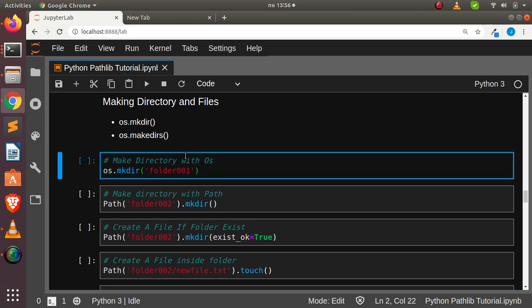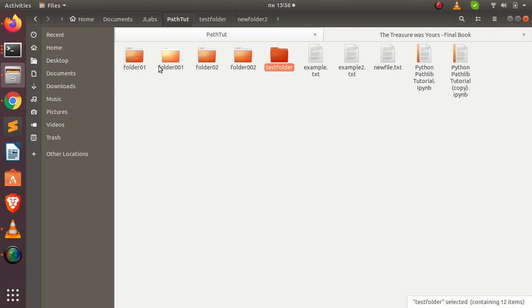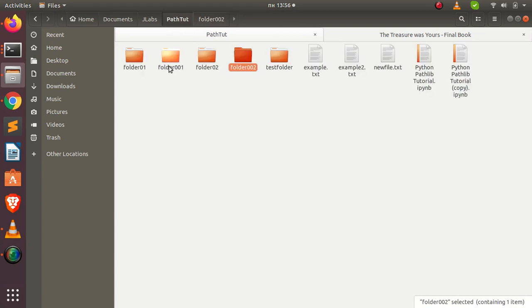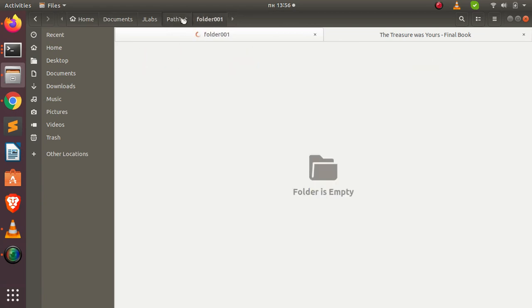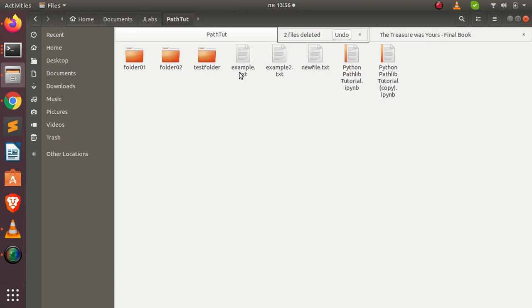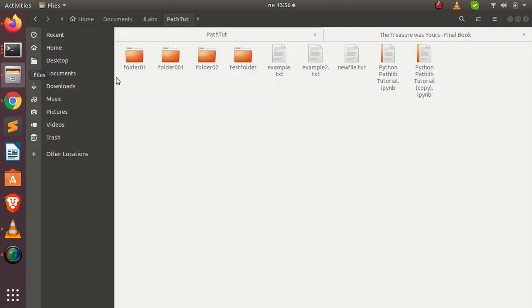Okay, so now let's see how to make a directory with os. In case I want to make a directory called 001, let's make sure that these directories are not available. I'll just come back to my path tutorial, take off this and take off this. I hope there's nothing here. Okay. So I'll take off this and this, and I'm going to create these particular directories. Let's come back and start. So I'm going to make a directory called 001. If I click on this, come back and check it here, now we have our